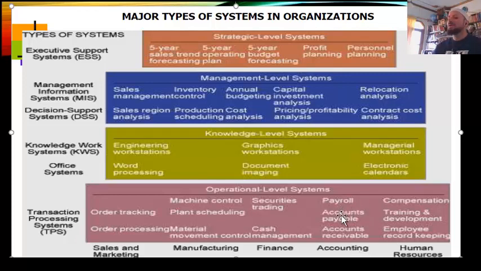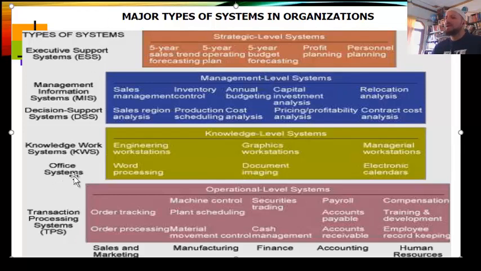If you talk about the accounting department of your company, the TPS will be payroll, accounts payable, accounts receivable. If you see the human resources department, they will be handling compensation, training and development of employees, and employee record keeping. The transaction processing system happens at the low-level managers. If it is in a college, it will be the teachers who take the regular decisions and actually run things. Whatever is happening in a college is done by the teachers there. So they are low-level managers who do the low-level jobs, what is being done all the time.